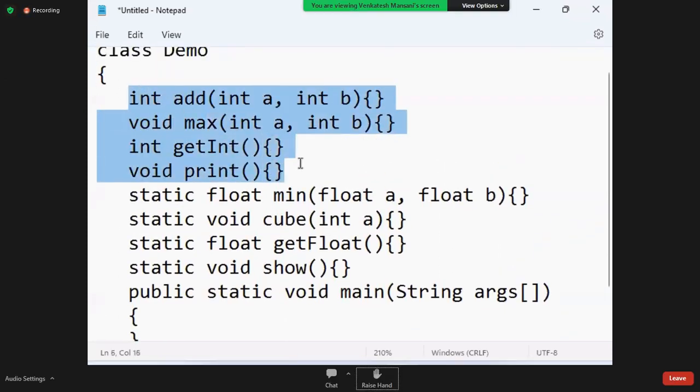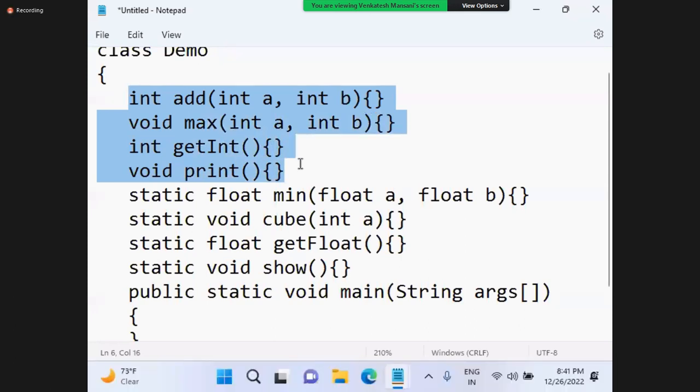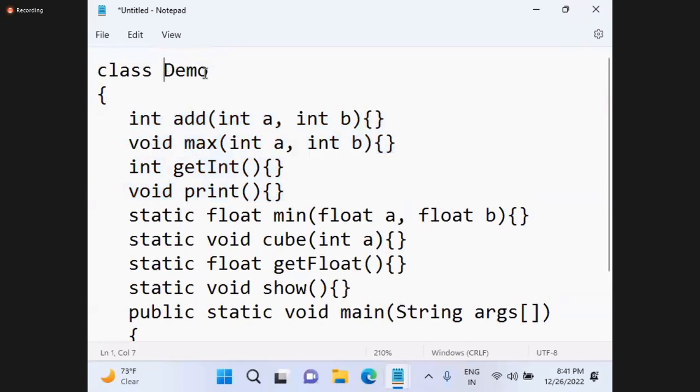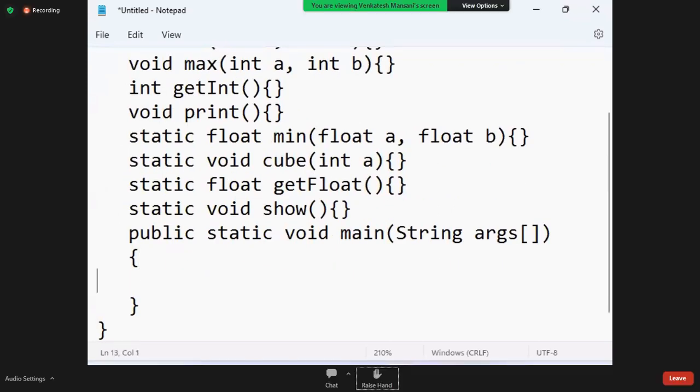First, the 4 instance methods. How many ways are there to access instance methods? What are those? Which class object is required? A Demo class object is required. I asked you to write only the object reference. First, what do we have to write? Demo d = new Demo();